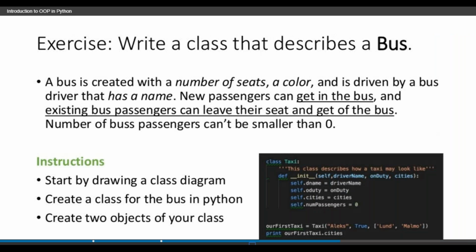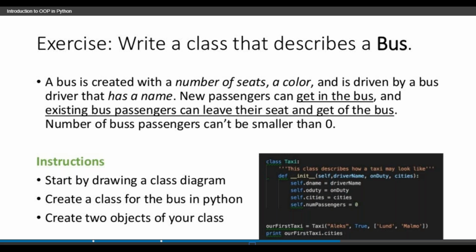Next, so the exercise: how to write a class and describe the description I have given here. How to create a class, right? A bus is created with a number of seats. See, a bus created with a number of seats. 60 seats are available, 45 seats are available, so you can count the number of seats. A color, so usually our bus color is yellow, and it is driven by a driver. So the bus has some color, how many seats are available, right?